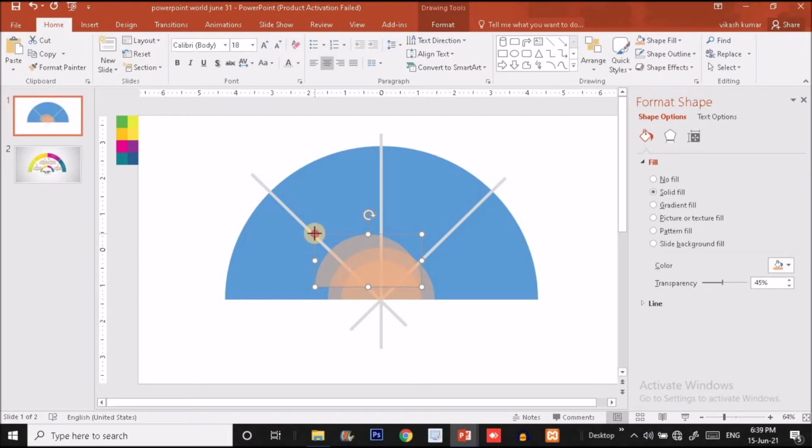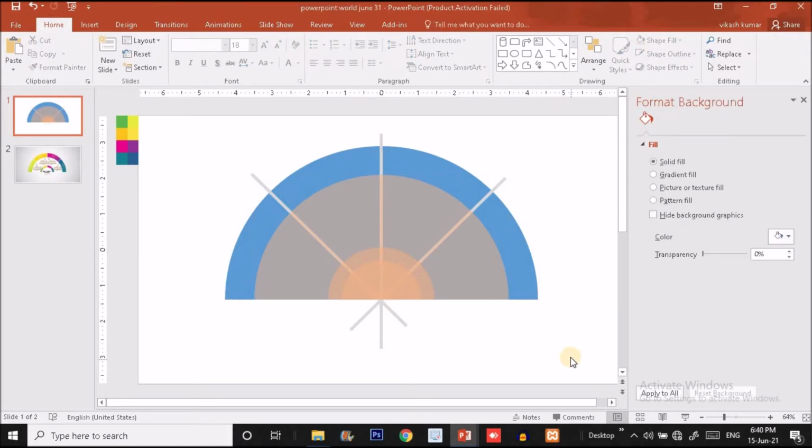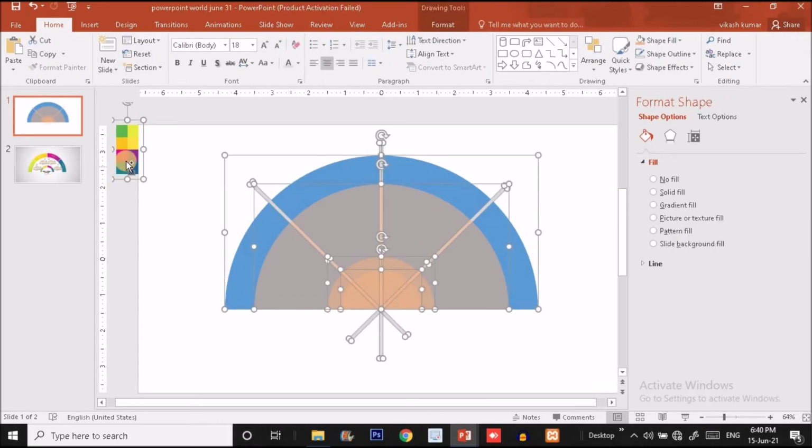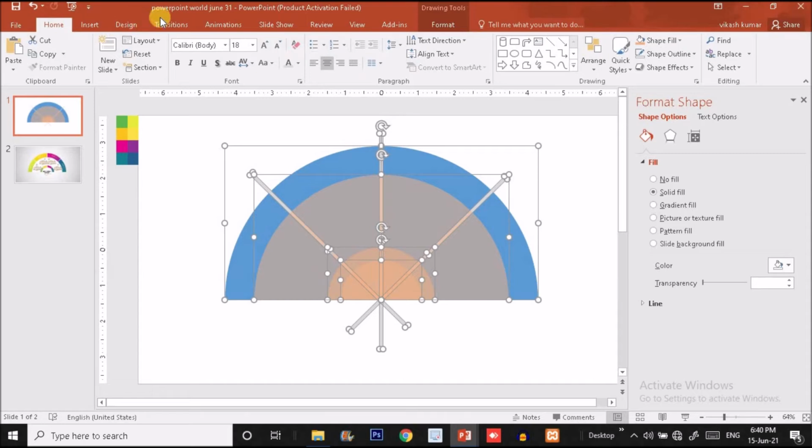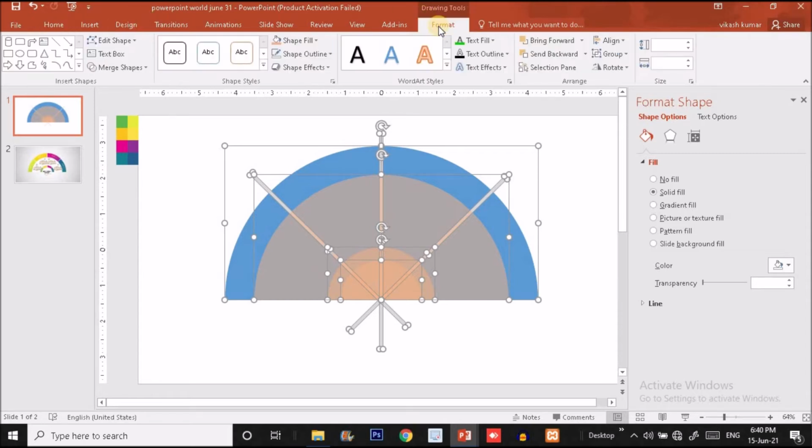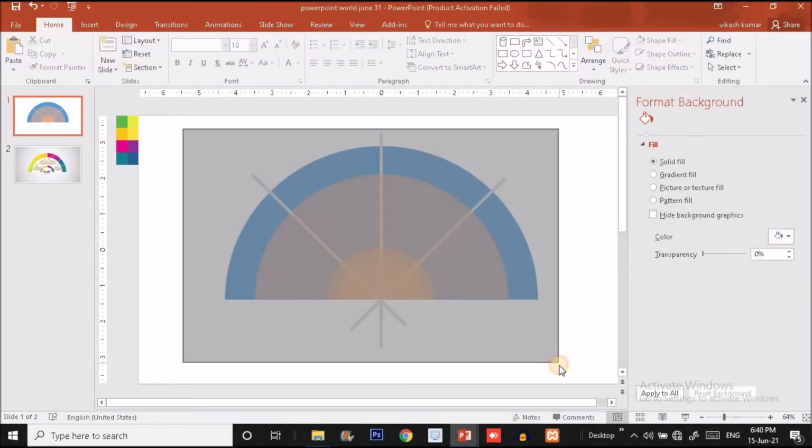Okay. Again press Ctrl D and press Ctrl and Shift together and drag it outward to make it bigger like this. Again I'm going to do it one more time to get a bigger semicircle like this, guys. Now I will select all these shapes except the color sample.